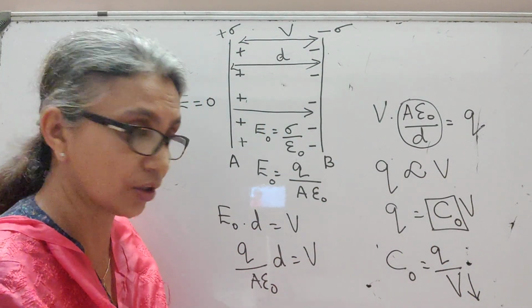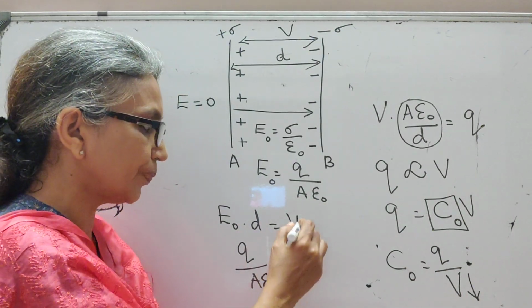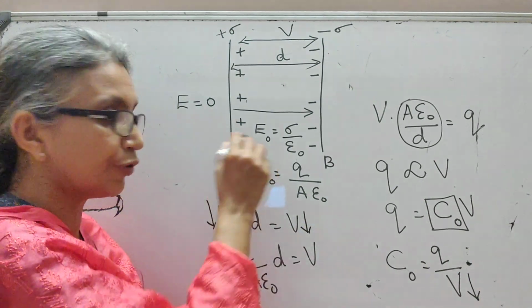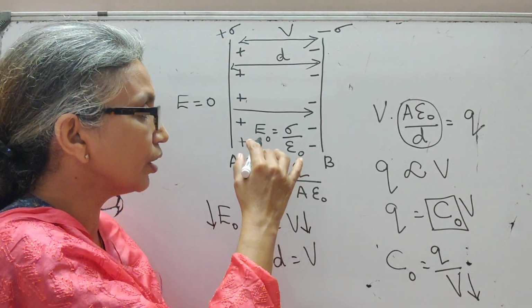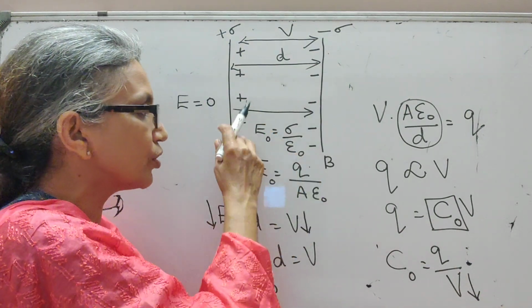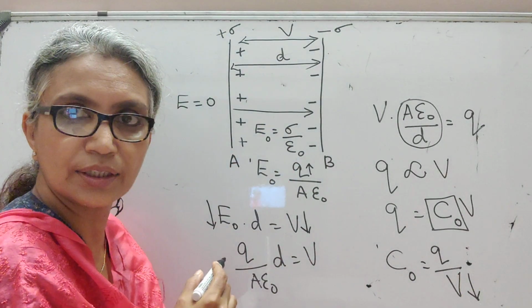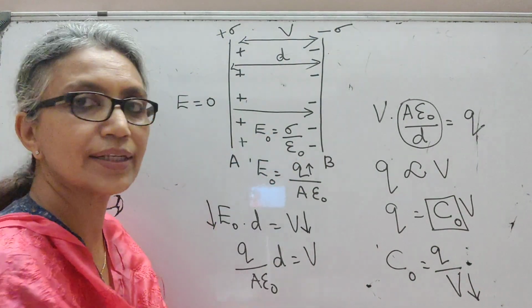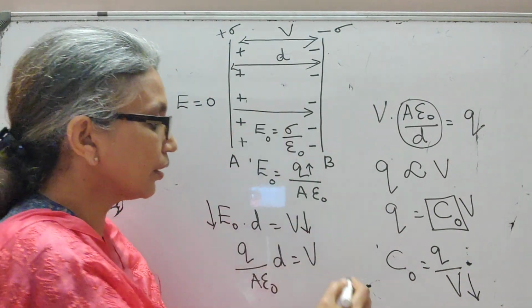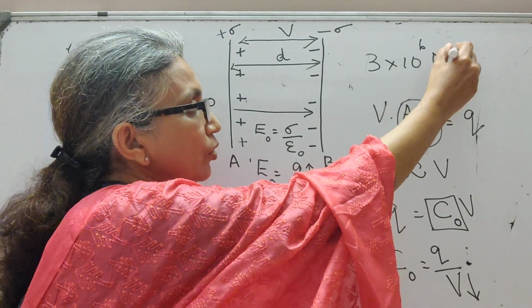This is important to us because from our equation E naught equal to V by D, we know that lower the potential difference, lower is the electric field. Now, if your electric field goes on increasing as you're storing the charge and increase the charge, the electric field also goes on increasing. There is something called the breakdown limit of the electric field. If it's air or vacuum, the breakdown limit is 3 into 10 raised to 6 Newton per Coulomb.